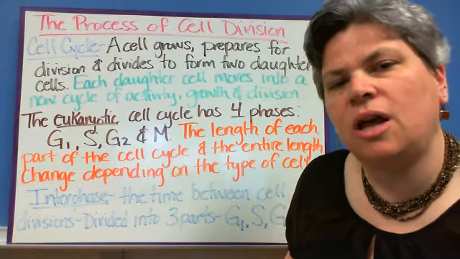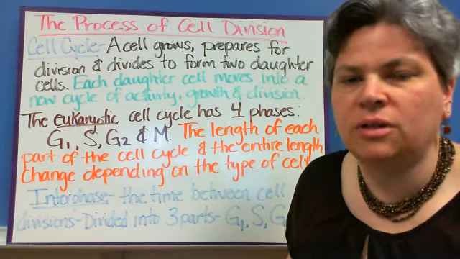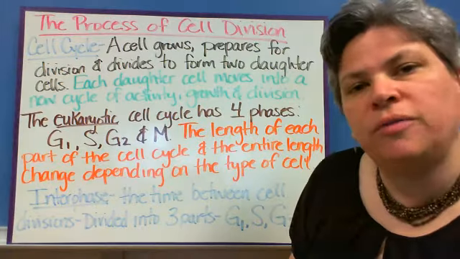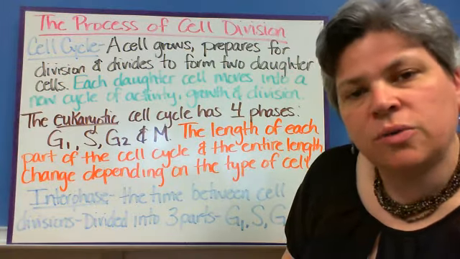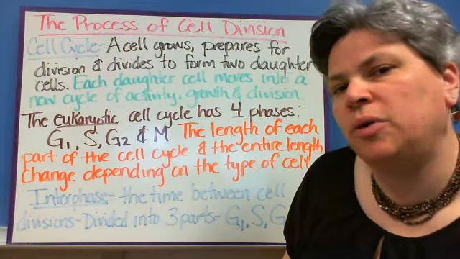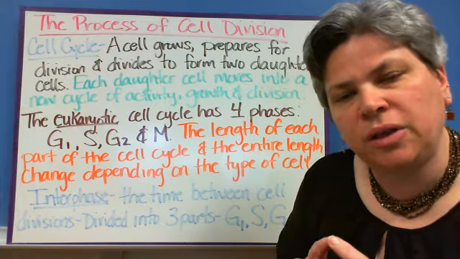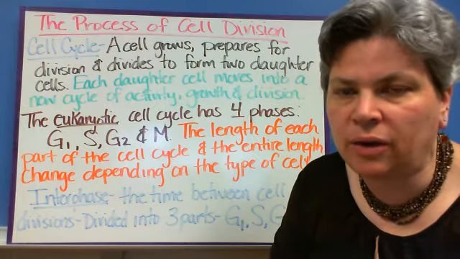Today we're going to finish talking about cell growth, division, and reproduction. And to do that, we kind of need to look at part 2 of the process of cell division. So we started talking about the chromosomes in prokaryotic and eukaryotic cells. And what we're going to do now is primarily look at and talk about eukaryotic cells